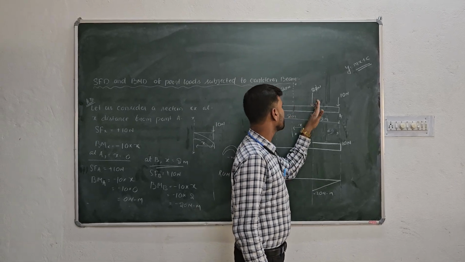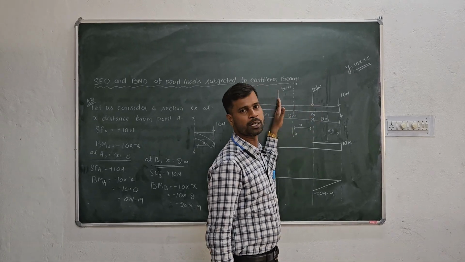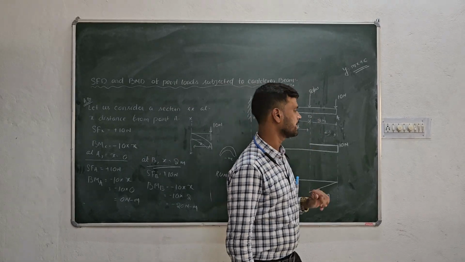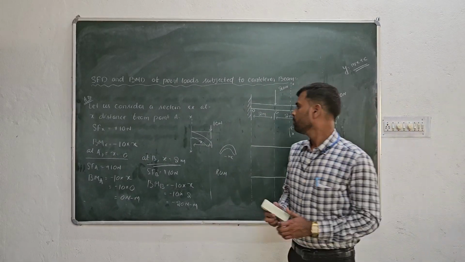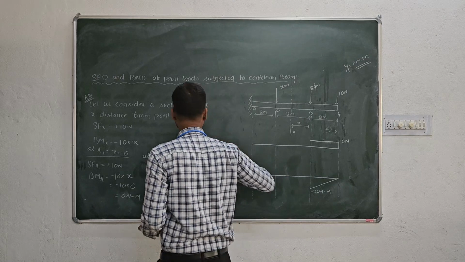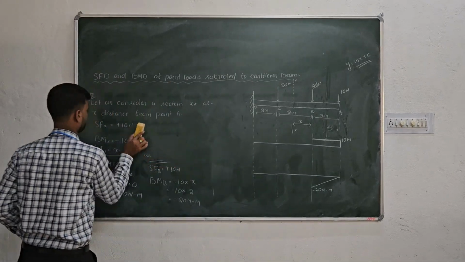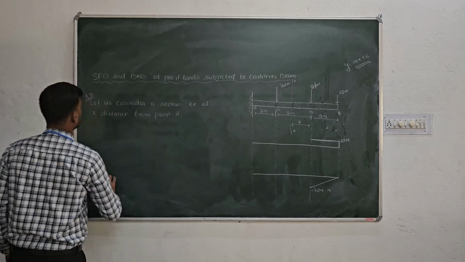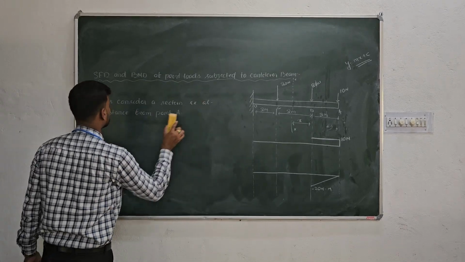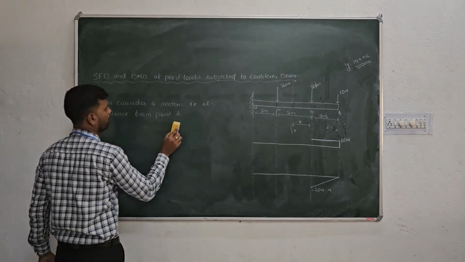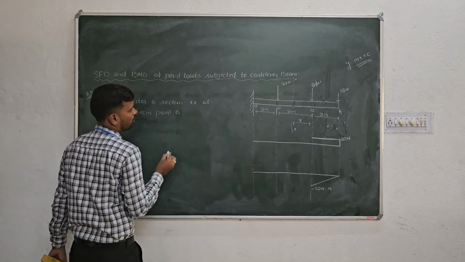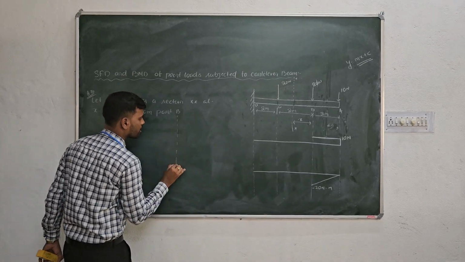Then we will equate that to B and to C, so that we can get the shear force and bending moment value at B and C. Now let us draw the diagram, how it will look. Let us consider a section XX at x distance from point B. So now draw it. This is the XX cross section,